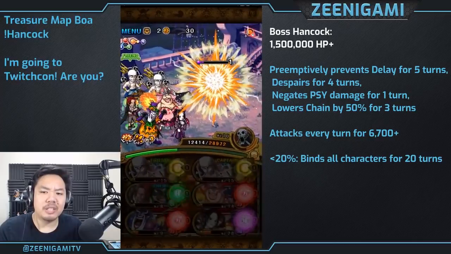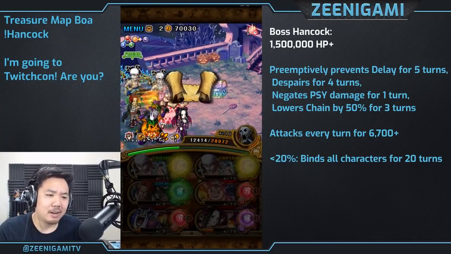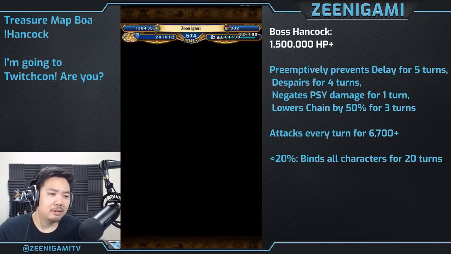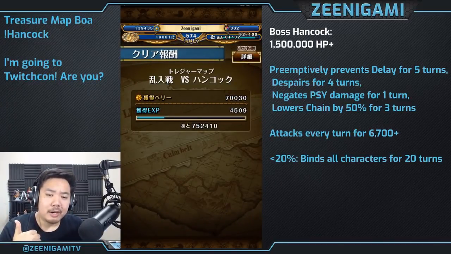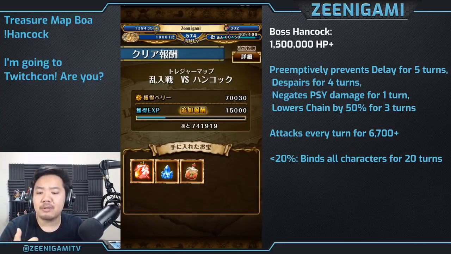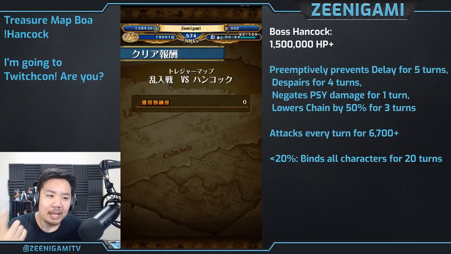As this gets more difficult for you, you feel free to swap out whatever characters you want. Obviously, my Hancock is not getting used at all. My Big Mom is not getting used at all. You can replace those for other characters that actually deal damage. But for now, I want to bring them. That way, I want to bring characters that either give me more points on this treasure map, so high treasure map points boosters, or characters who need a lot of proficiency points, because the ambush fight is going to